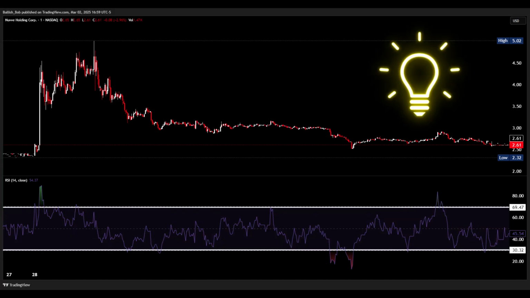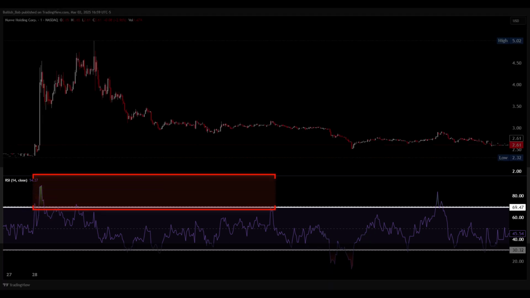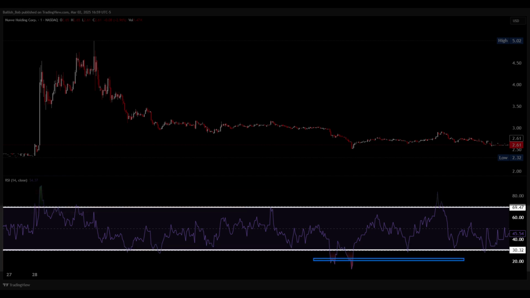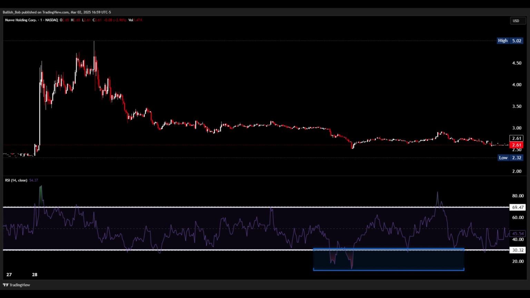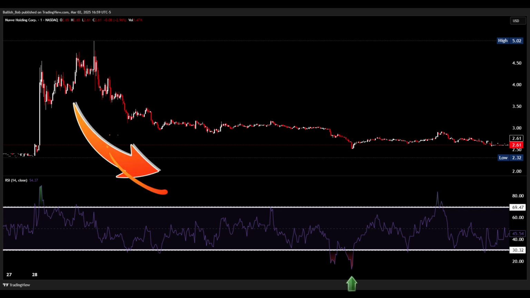The Relative Strength Index is a widely used momentum indicator designed to measure whether a stock is overbought or oversold. When the RSI value rises above 70, the asset is considered overbought, indicating potential selling pressure. When the RSI falls below 30, it is considered oversold, suggesting possible buying opportunities. By identifying these key levels, traders can pinpoint potential reversal zones, making the RSI a valuable tool for both long